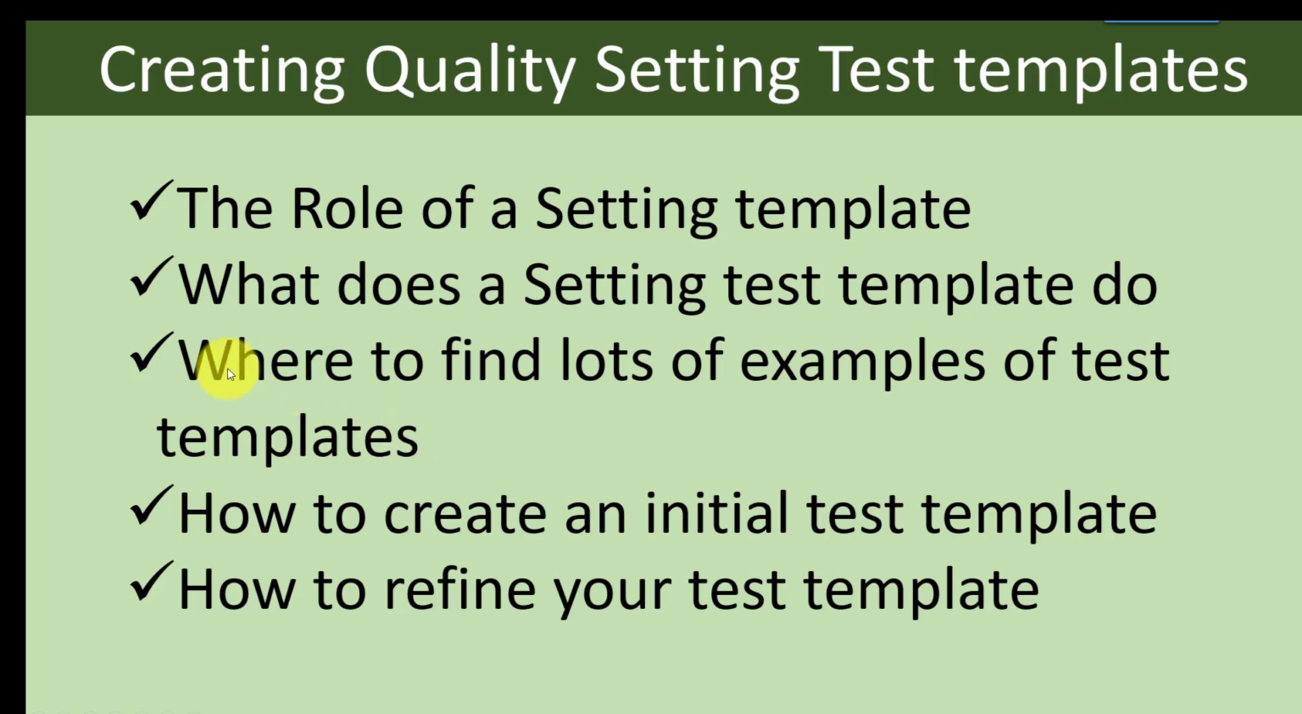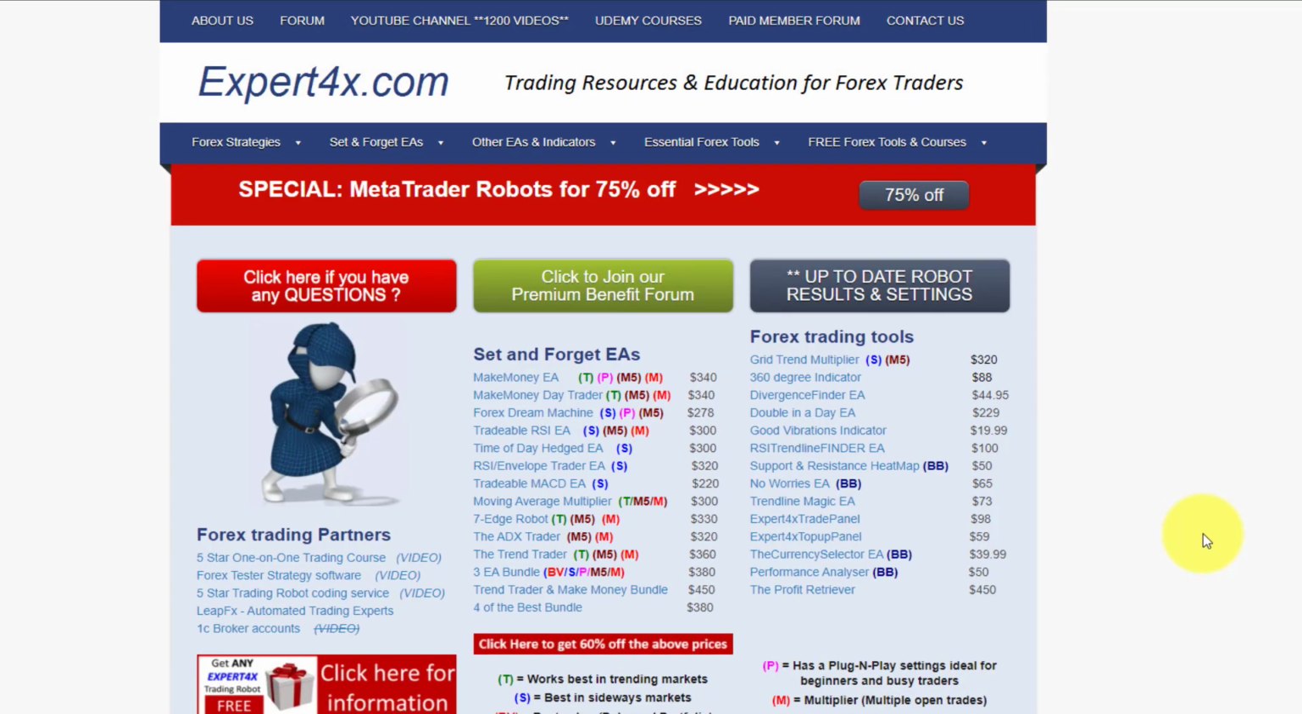So what I'm going to do now is I'm going to show you where to find lots of examples of setting test templates. Now, as you may know, we produce over 2,000 settings every month. And those are basically testing 2,000 strategies, either using the MT4 platform or the MT5 platform. And they are paid strategies and they are free strategies. So I'm just going to show you the free strategies, and I'm going to click here. It says up-to-date robot results and settings. So I'm clicking on there,